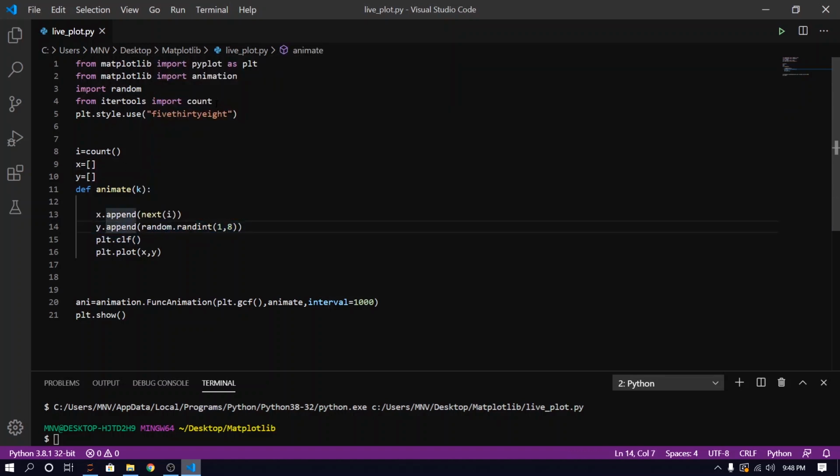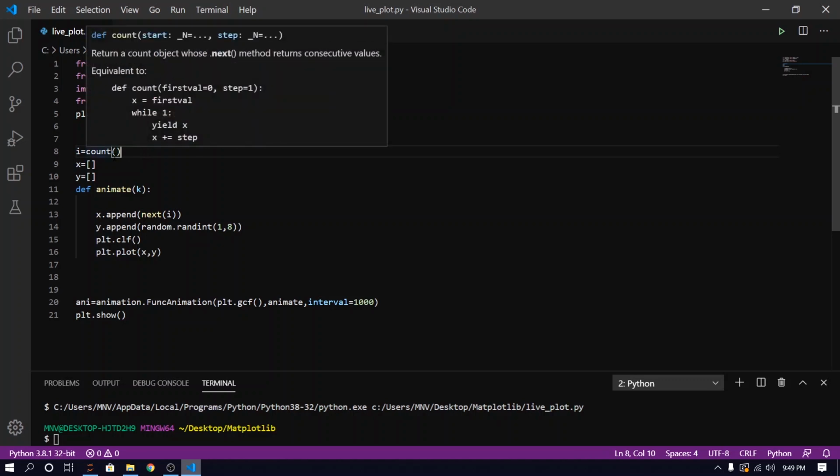Lastly we imported itertools, which provides us tools. From itertools we imported the count class. The count class will increase one step every time we call the animate function.